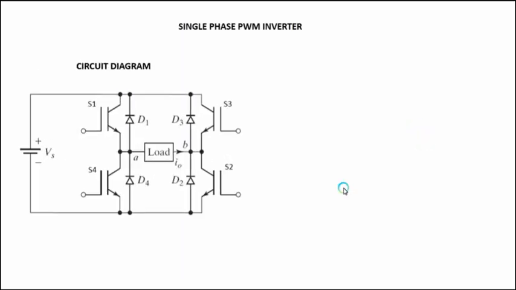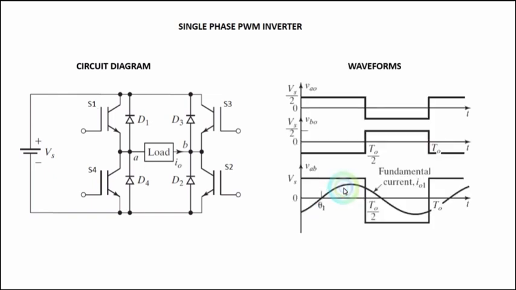Now let's see the operation of single phase PWM inverter. This is a schematic of the single phase PWM inverter. 4 switches are used for the inverter operation. The switches can be transistors, IGBTs or MOSFET. If suppose we use transistor as switches, then we'll have to put additional diode to allow the current to flow in the reverse direction. This is the waveform that we'll get during the operation.